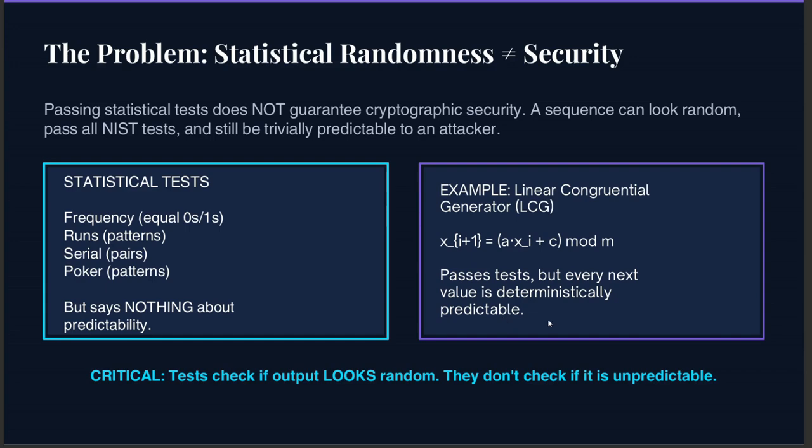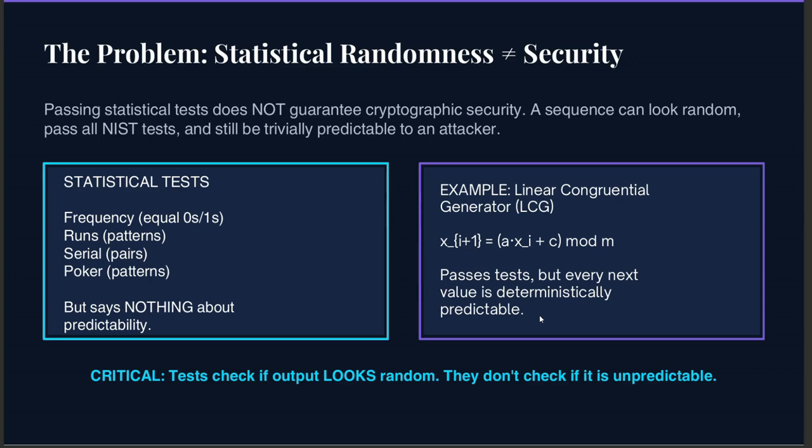which means if an attacker discovers enough output, they can mathematically recover the multiplier, increment, modulus, and internal state. Once the internal state is recovered, future output becomes completely predictable. Not only the future output, sometimes even previous output can be reconstructed. So, despite looking random, there is actually hidden mathematical structure underneath. An attacker exploits that structure. This is one of the biggest lessons of cryptography.